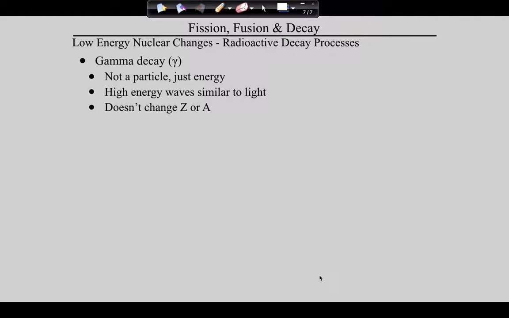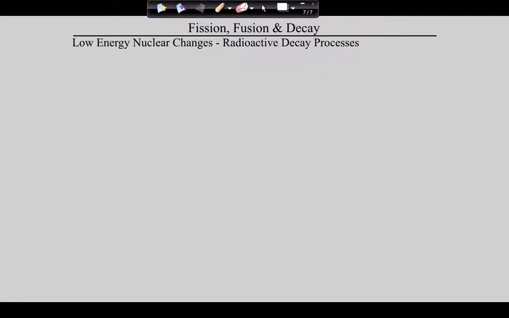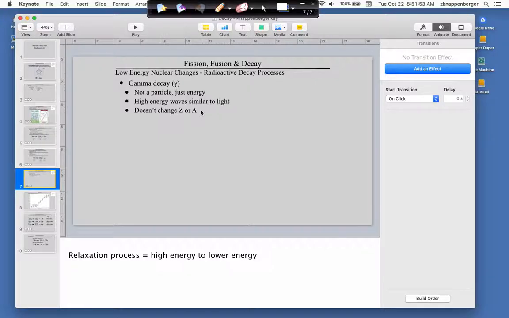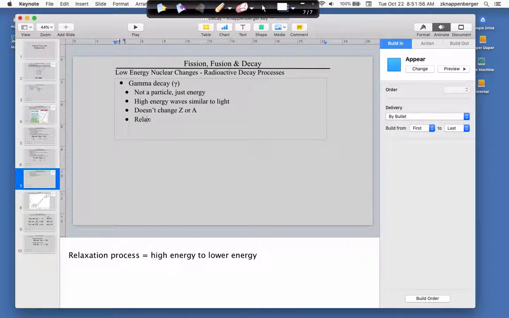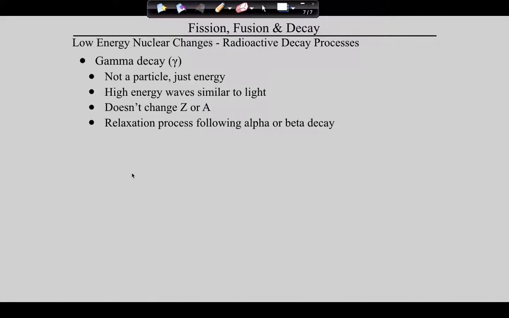So if that's the case, and if these nuclei are moving towards stability, what function does gamma decay play? And guys, the answer is actually this. So when a nucleus goes through gamma decay, here we go. So guys, when a nucleus goes through gamma decay, it is actually a relaxation process that follows